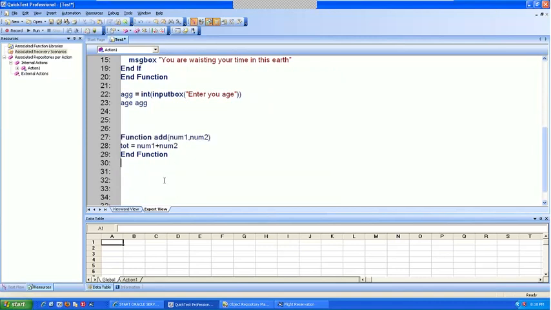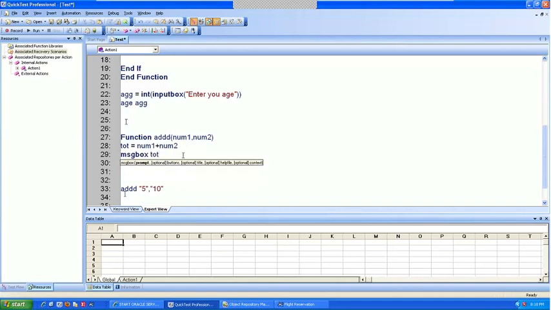Now, I'm using this add function. Add is already there, so I will use add. In order to call this add function, I am saying num1, I'm going to pass the value 5, comma, num2, I'm going to pass the value 10. Now, I'm going to put a message box here, msgbox